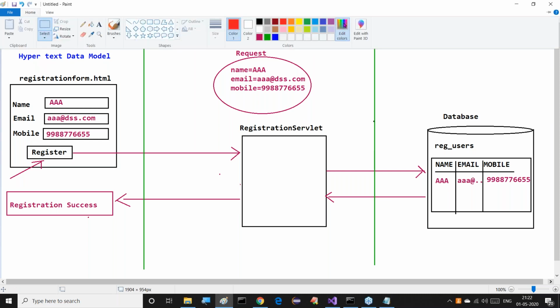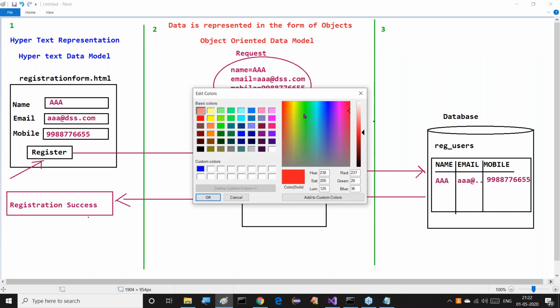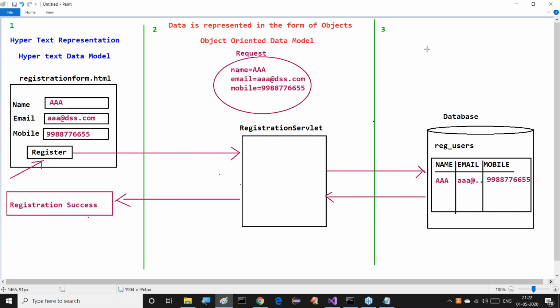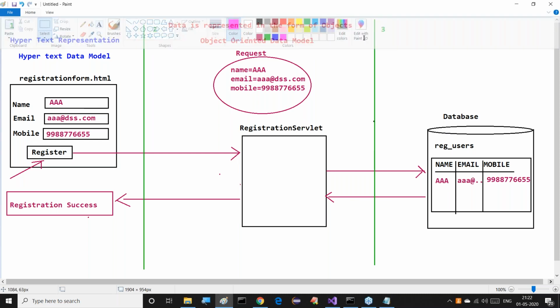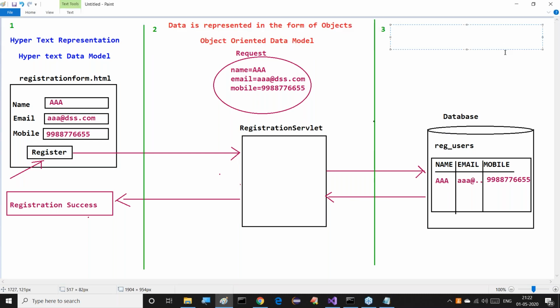Next one, everybody has to understand this next point here. Last, here data is represented in the form of tables. Observe this clearly now. Tables and relations actually.